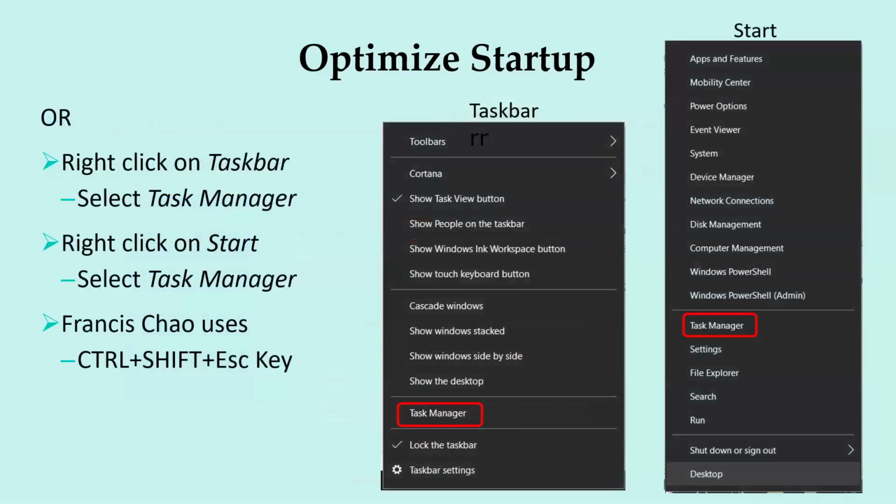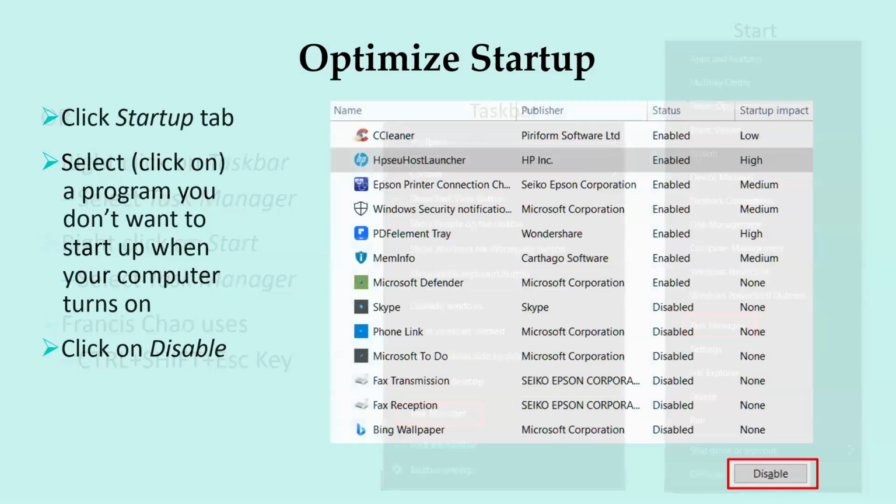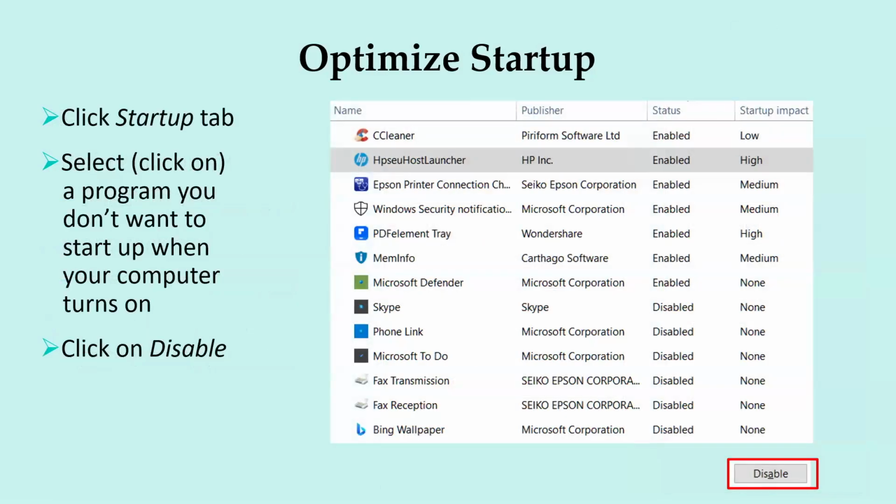Another way to find it is right-click on your taskbar, go to your task manager, and you will see on the right there's more things that you can do with the right-click. Or you can right-click on your startup tab and you get different things there. So if you haven't explored the different ways to get to your startup menu, or you've never looked at it,